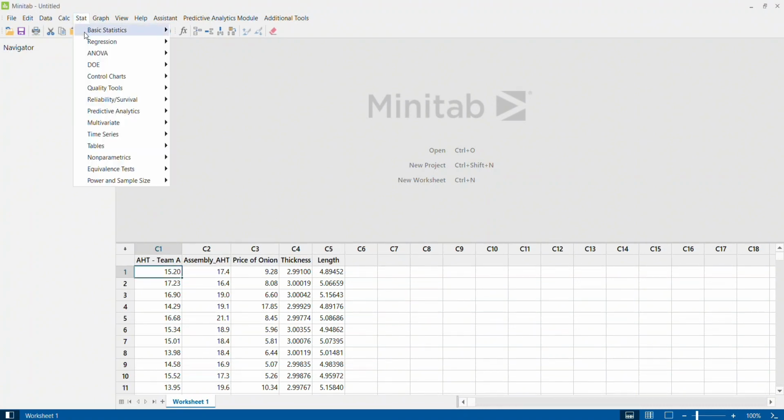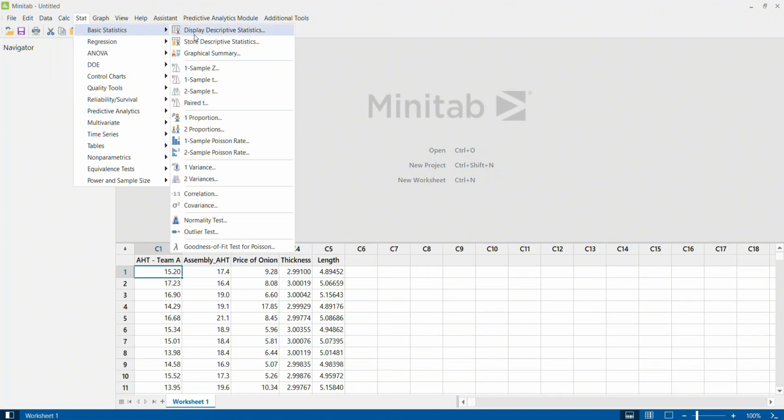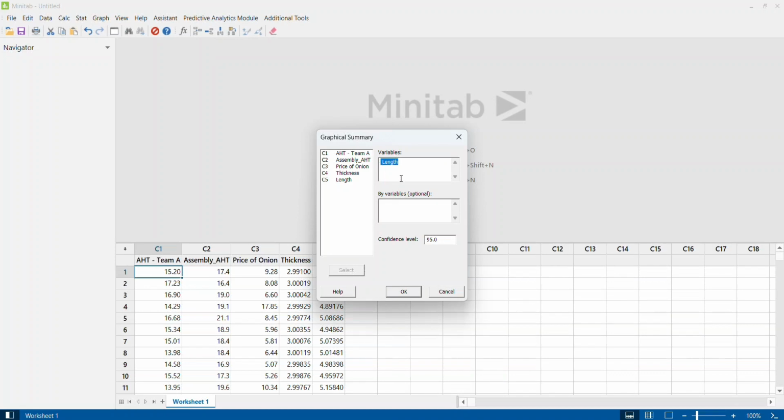Let me click on Stats. Let me click on Basic Statistics, and here I have an option which says Graphical Summary. The mouse pointer now explains: summarize your data with descriptive statistics such as the mean and the standard deviation, and describe the distribution with graphs. So it gives you descriptive statistics. Also, it gives you graphs which help you to understand some information about what kind of distribution it follows. So let me click on this, and as I click on this, you will find that